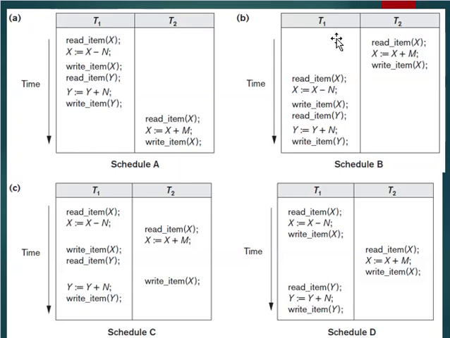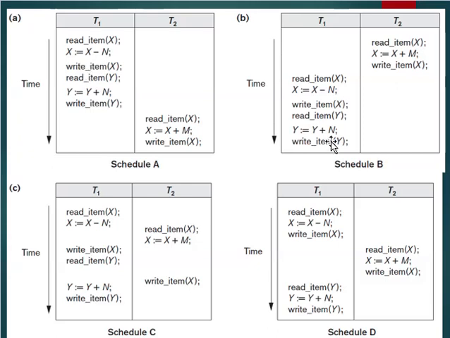Next T1 starts its execution, and its first operation is read item of X. So the conflicting operation is write item X followed by read item X, with T2 executed first and then T1. So there is a conflicting operation, so you have to plot T2 to T1. This is a new graph. For every schedule you have to create a separate graph.